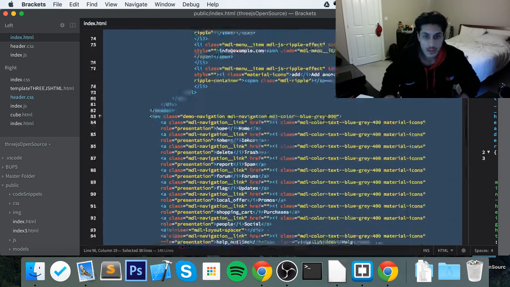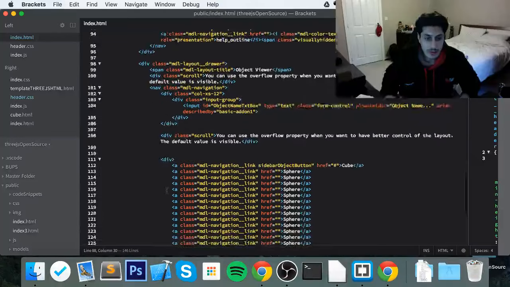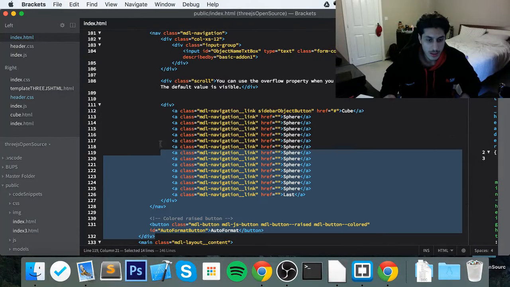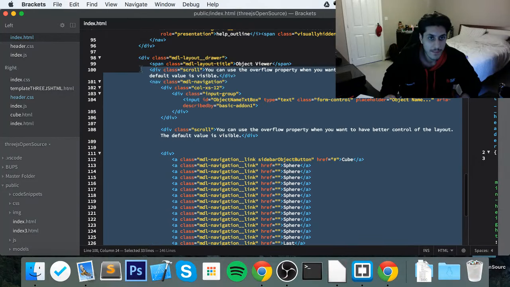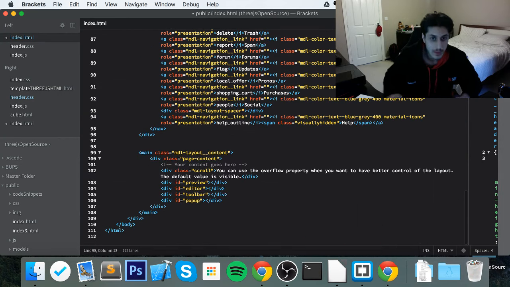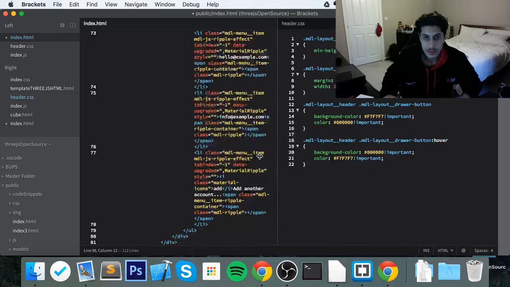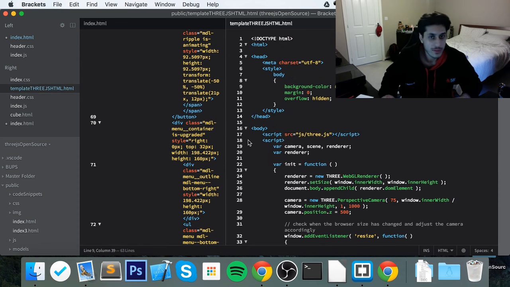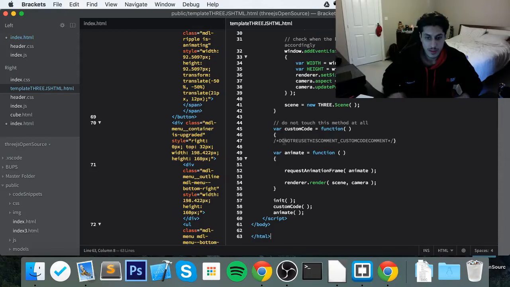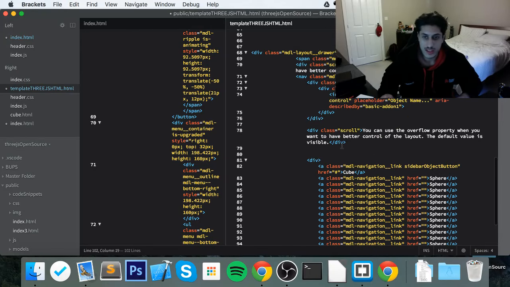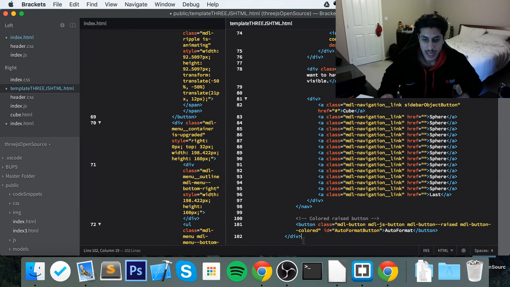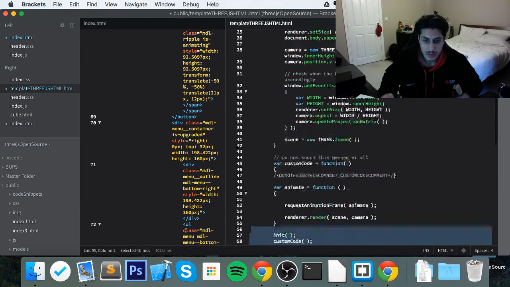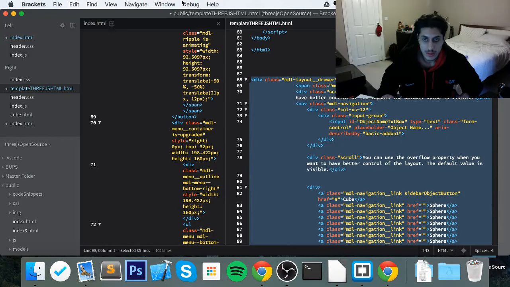Okay, so now that we got that, what I'm going to do is just cut this from here, and if I were to open up another file here, put it right at the bottom. Obviously I will remove it, but for now just leave it in there like so. I'll just have to go line by line